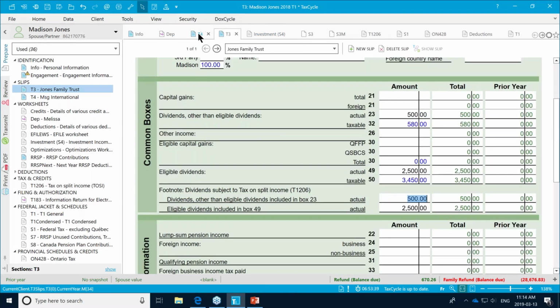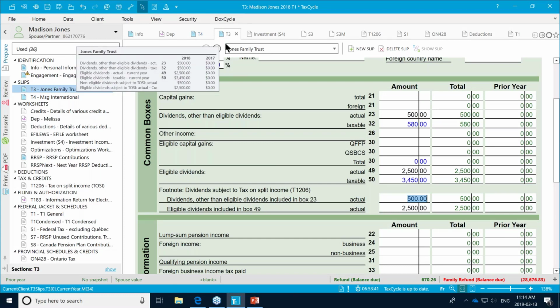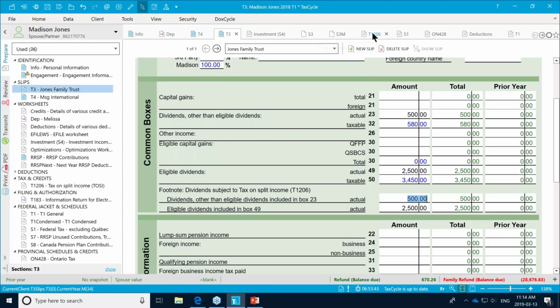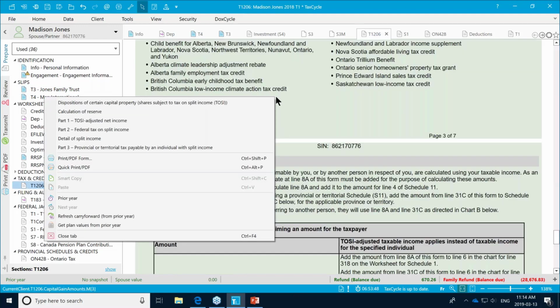So once we've got our T-slips entered, now we want to go to our T1206. I'm going to jump to the very top of the form.